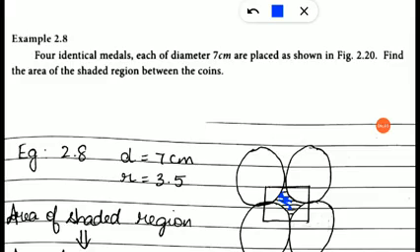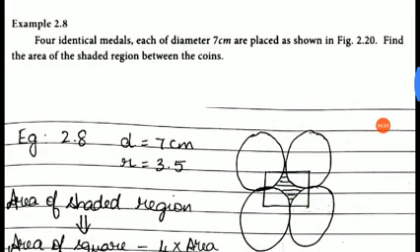I told you, right, this part shows you the piece of cake. Which one does it represent? It is a sector. So since the area of the square is the bigger one, we are going to subtract from the area of the square. Area of the square minus 4 into area of the circular sector, because there are 4 sectors involved. Okay, clear children? Now, diameter is given as 7 centimeter. Half the diameter is radius, so 7 by 2 will give you 3.5.